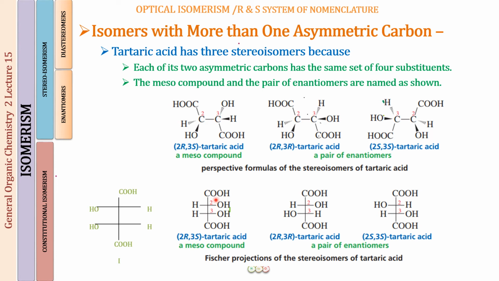Fine. So there what you will be checking is, if in the Fischer projection you can quickly just rotate the molecule by an angle of 180 degree, or you can check the symmetry of the molecule, that is symmetrical, it is having the same set of 4 substituents. The name of the compound from this side or this side, it is going to be the same. Well, then the two structures, they are going to be identical structures. They will be mirror images but superimposable ones, and hence we call them identical molecules.